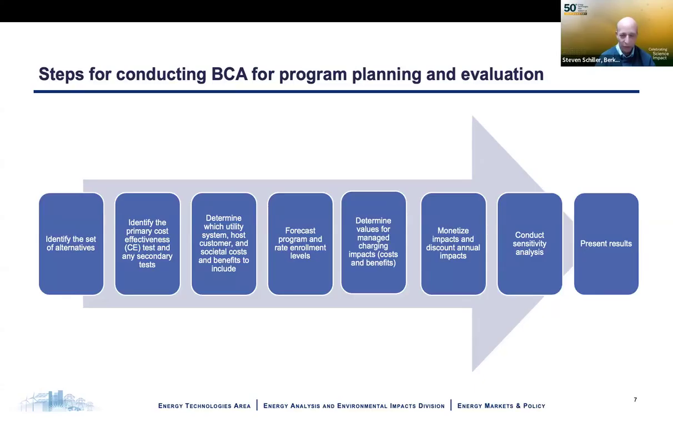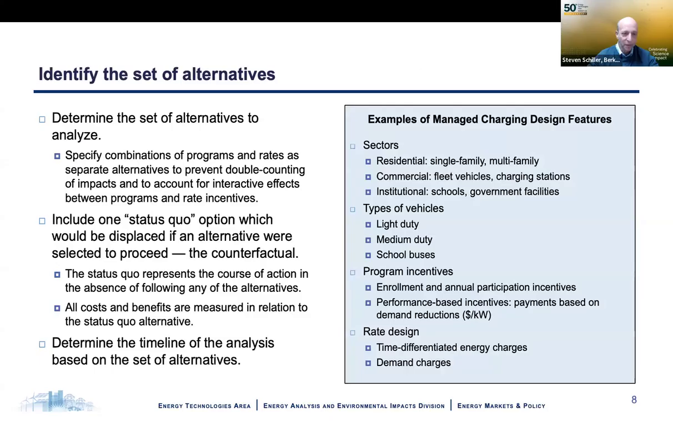You're going to come up with values for those impacts that you've included in your test. That's the 1, 2, 3, 4, fifth box. Monetize those because our benefit cost analysis test involves dollars and cents, not kilowatt hours or number of participants. Hopefully conduct some sensitivity analysis, and then let's present our results and see whether these programs look effective or not. So, identifying the set of alternatives,